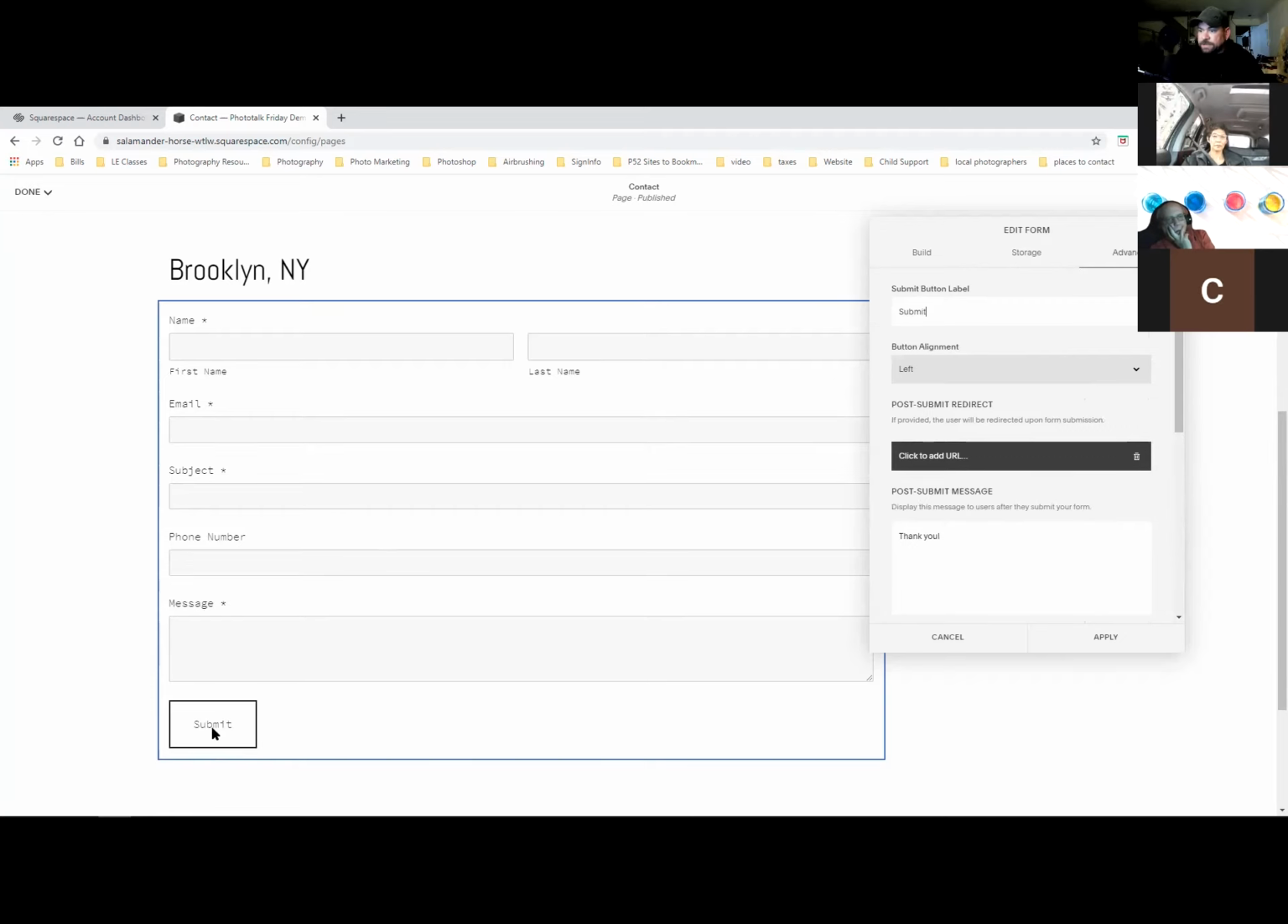Under the advanced tab, you can change what the label of this button is. You can change your alignment, center. And then after